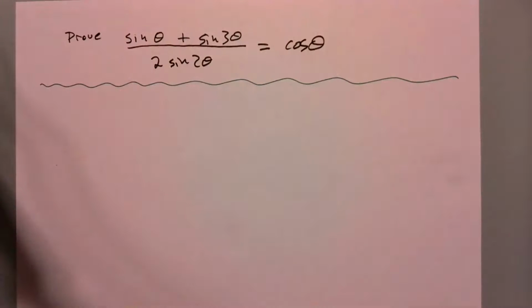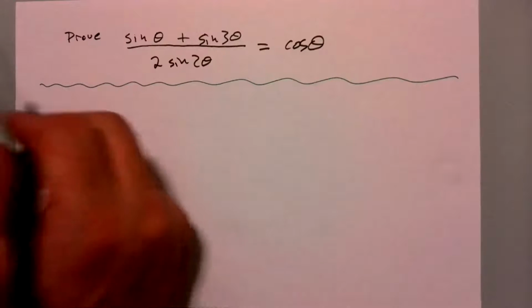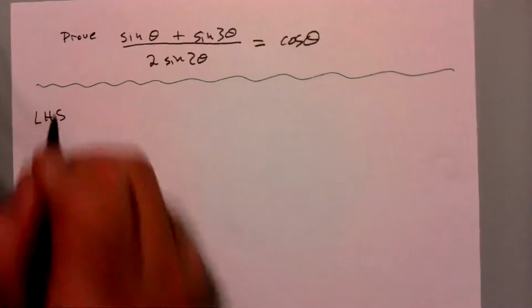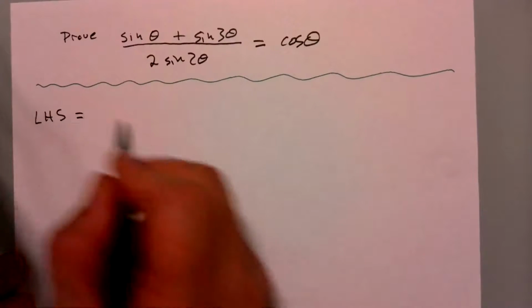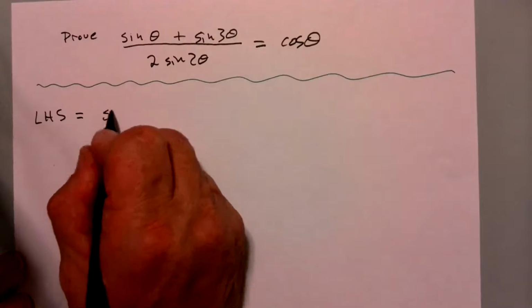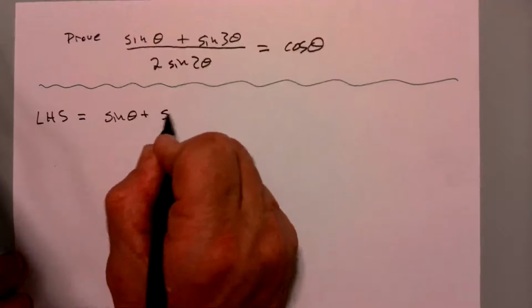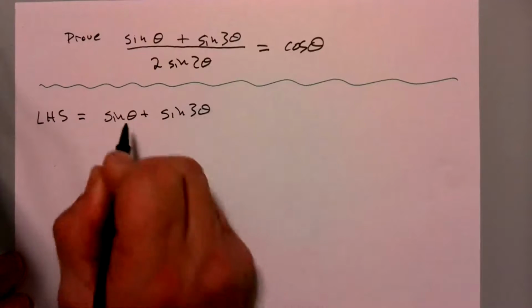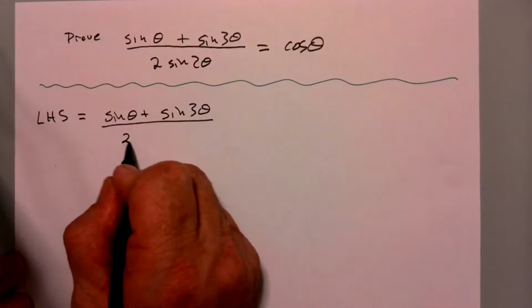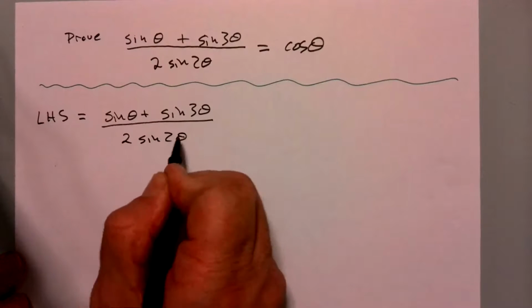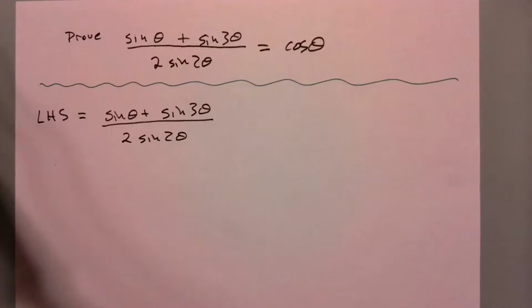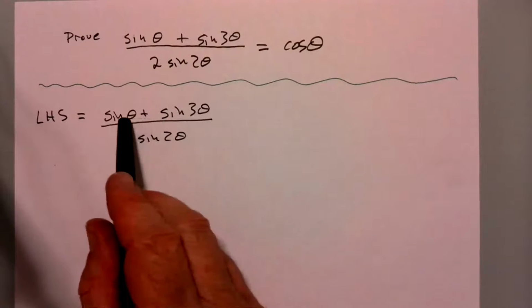Start with the more complicated side. The proof we did earlier in tonight's lecture started on the right-hand side, although most of the time the left-hand side is more complicated, and that's certainly the case here. So I've got left-hand side is sine of theta plus sine of 3 theta over 2 sine 2 theta. There's a lot of things we can do here, but today's lesson is on product to sum,